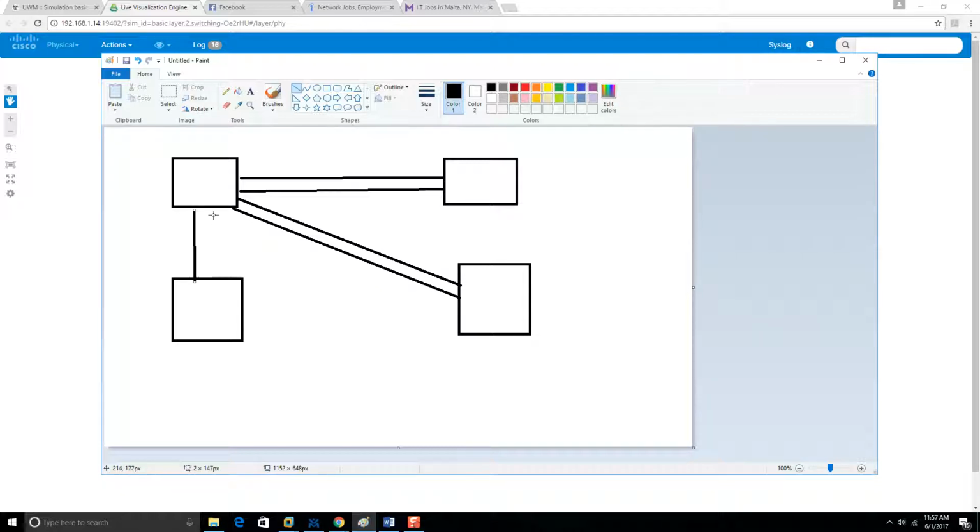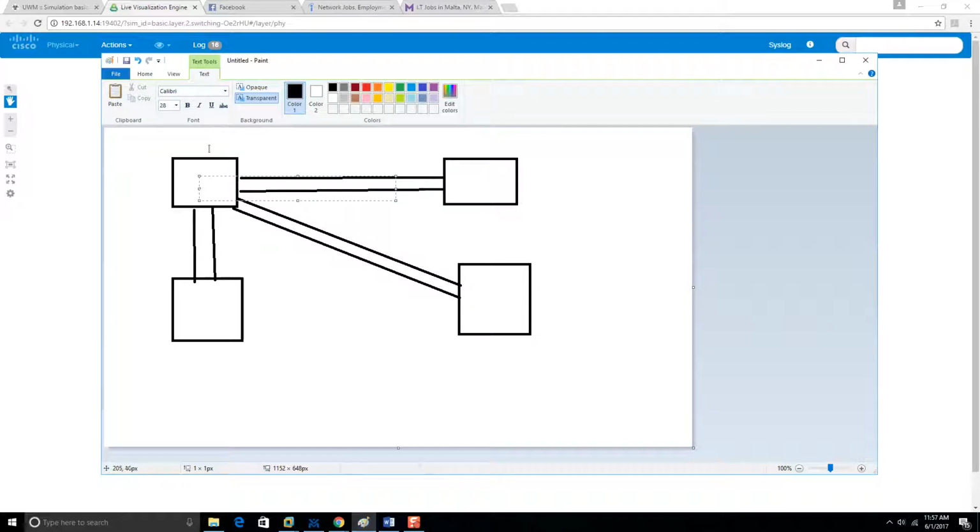Now, based upon the topology of this network, it wouldn't make any sense for switch 3 to be the root, because all the traffic has